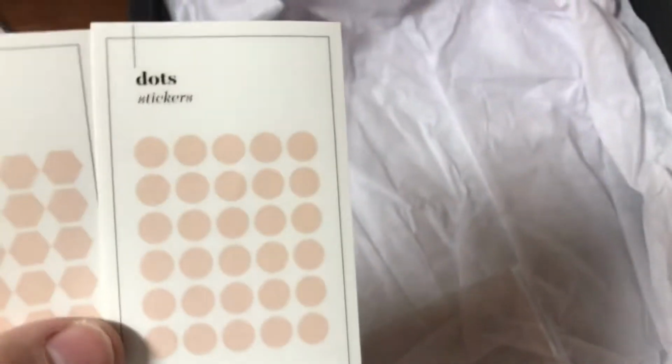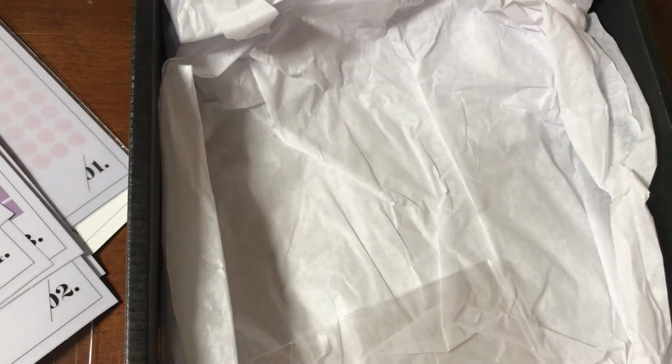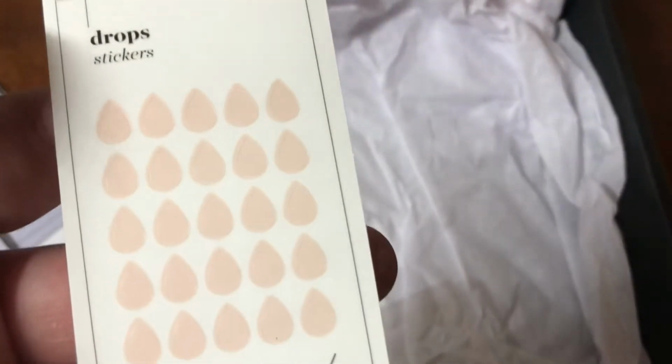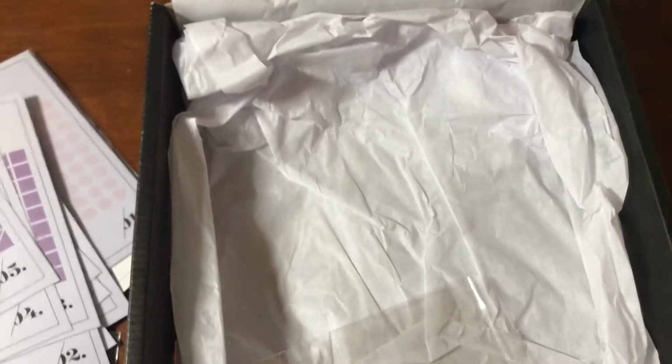I'm not exactly sure what color this is, but it's a very pretty nude. So you got the dot stickers, the hexagons, the squares, the tape, the corners, and the drops. So honestly, I feel like I'm so good with stickers and dots and stuff for now. So anyways,